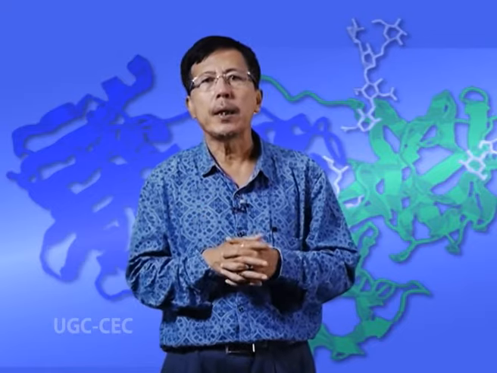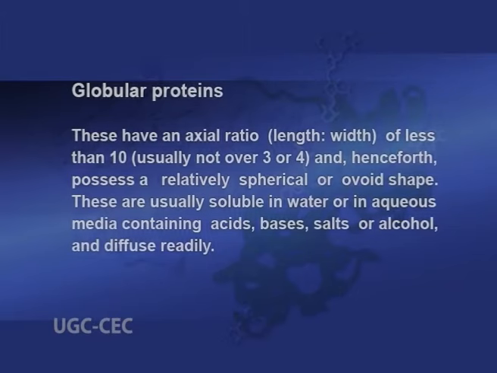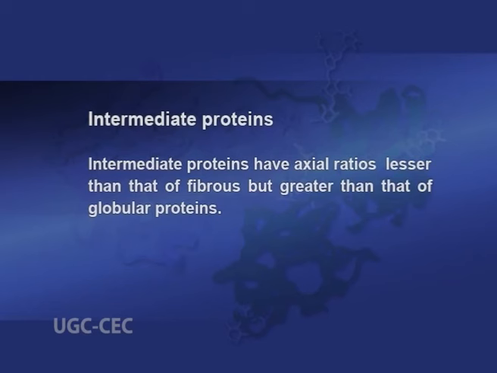Now, let us look at the next category, that is globular proteins. These proteins have an axial ratio, that is the ratio between the length and the width, of less than 10, usually not over 3 or 4, and hence these proteins possess a relatively spherical or ovoid shape. These are usually soluble in water or in aqueous media containing acids, bases, salts or alcohol and diffuse readily. Intermediate proteins have axial ratios lesser than that of fibrous but greater than